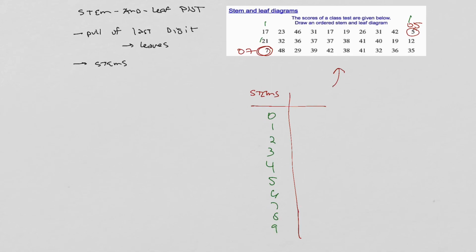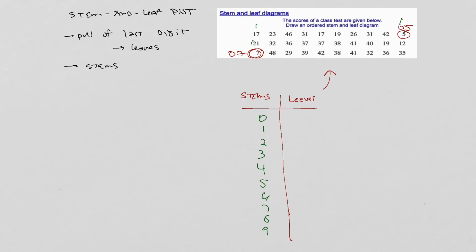Okay. So then for our leaves, right, we'll go through here just one at a time. Look at this first score, 17. Go to where the stem is 1, put a leaf of 7. For this 23, go to the stem of 2, and you get a leaf of 3. And then you get a 46, and then a 31, a 17, 19, 26, 31, 42, 0, 5, and then